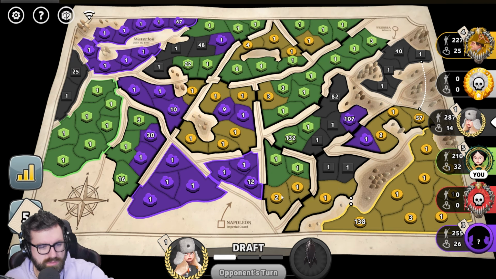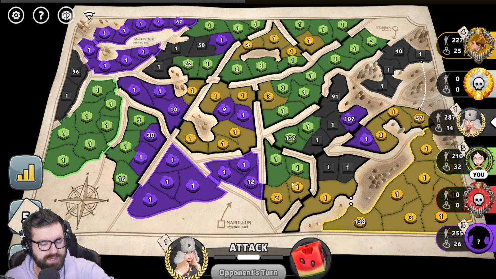Black sets early. That's smart. I probably would have killed him. No, I couldn't get this up here. 287 could kill me. Don't think it would be smart. Also probably doesn't have enough time to do that. But there's actually no reason for me not to...